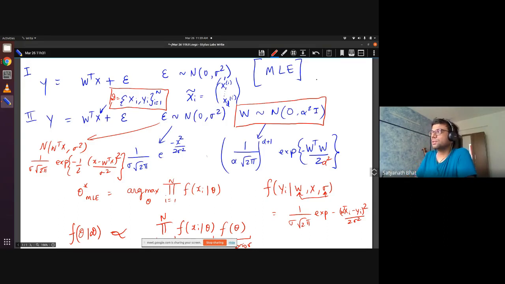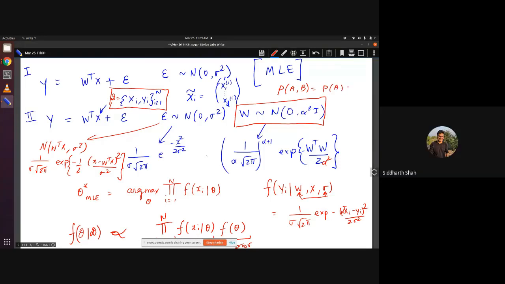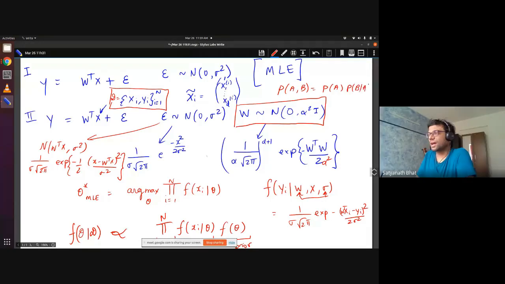So you have the Bayes rule, you remember, no? P of AB is equal to P of A. Yes, sir, that part is fine. I don't understand where the confusion is, so let's go through it step by step. This is the multivariate Gaussian. This part you understand, right? Yes, sir. So this is epsilon. Epsilon, if you look at it individually, is zero mean. When you add W transpose X, it will get shifted by W transpose X. Are all these things okay?